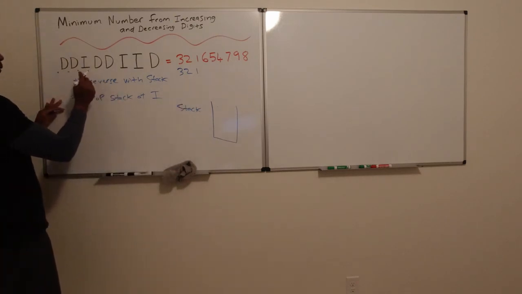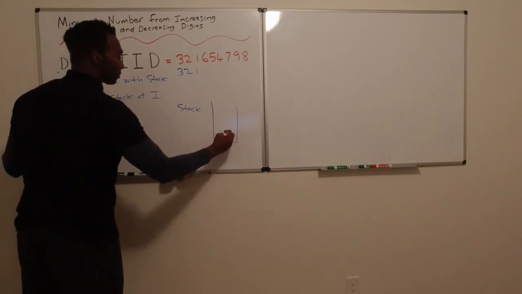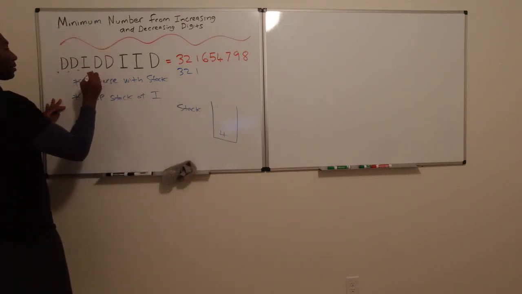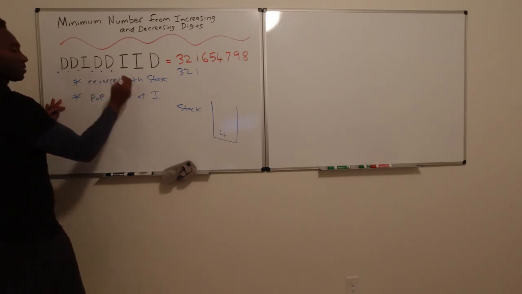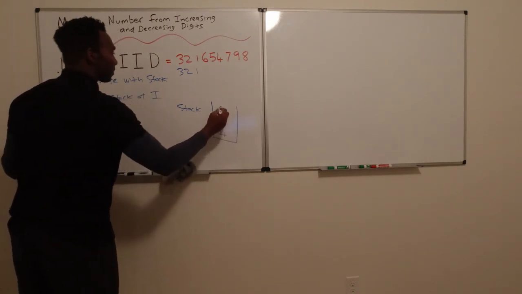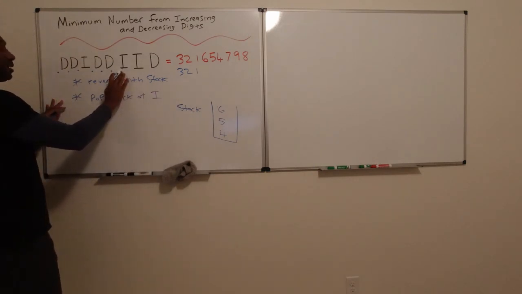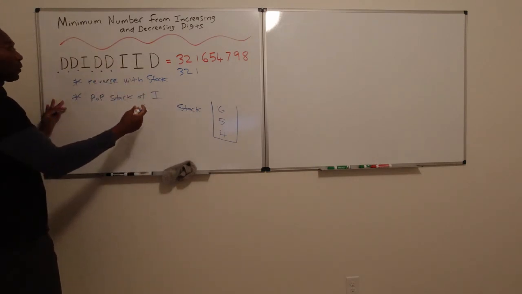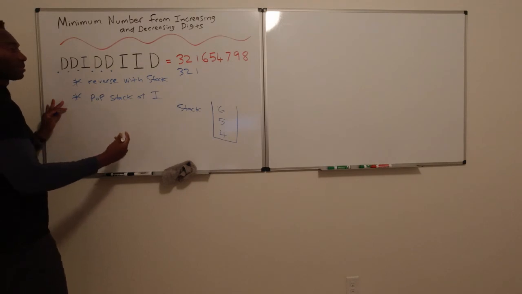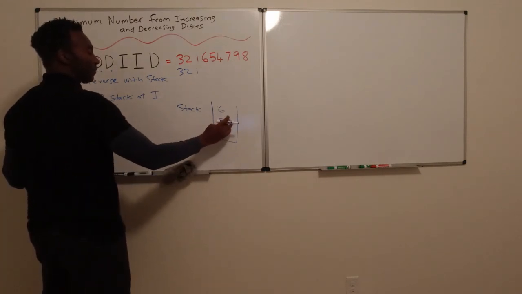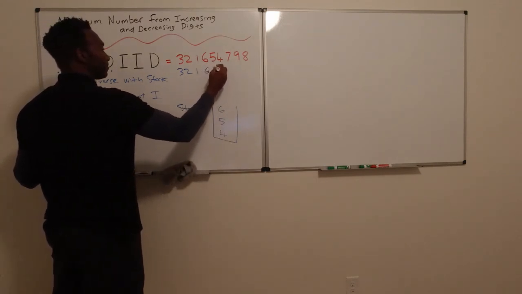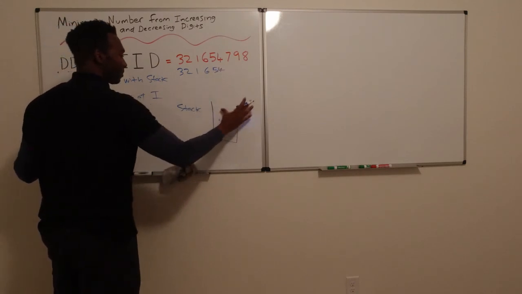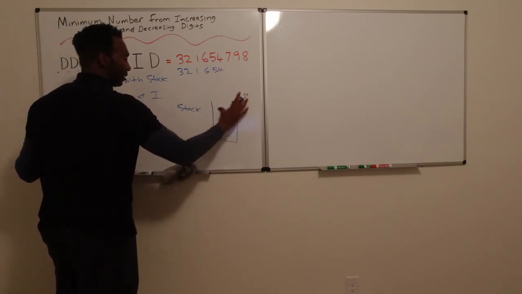And now we will increment once more. When we do, we'll get a 4. That puts us right here. And then we'll keep on iterating. So we have 5, 6. And then here we reach an I. Whenever we reach the I, we're then going to pop the entire stack. When we do, we'll get 6, 5, and 4. Then our stack is clear,